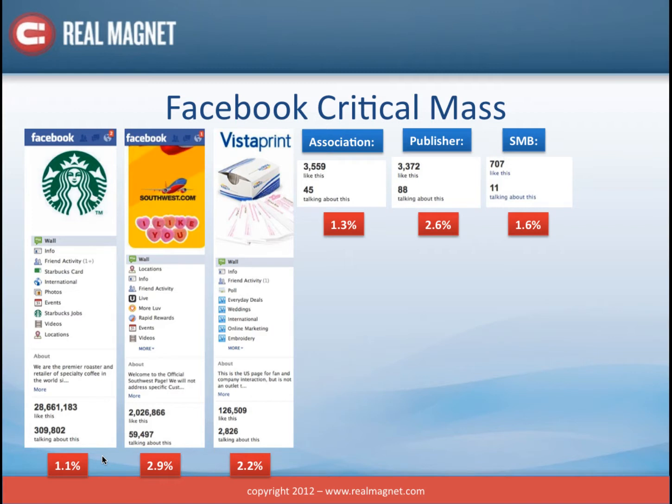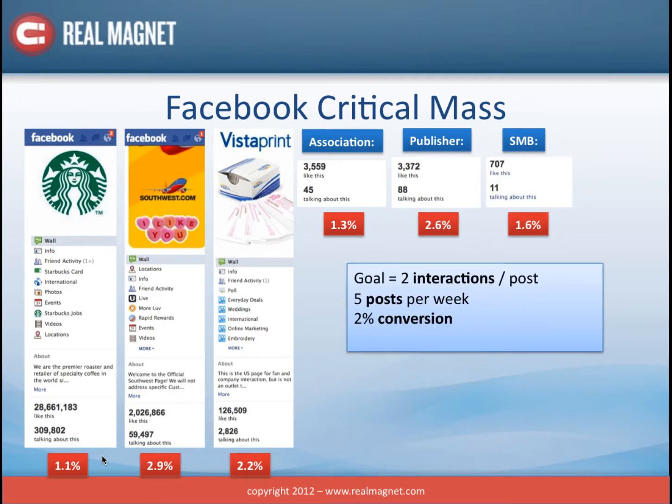So think about what you want to do with your content. Let's say that your goal is to get 2 interactions per post, right? 2 likes or 2 comments or a like and a comment every single time that you post on Facebook. That's what gets something a little EdgeRank juice, so it's going to linger in news feeds a little bit longer. And the other thing it does is it's indicative of genuine conversation. If you have 2 people commenting, that's a conversation. If you have just one person commenting, it's not. It's just one person remarking. And increasingly what you want is conversations and dialogue,